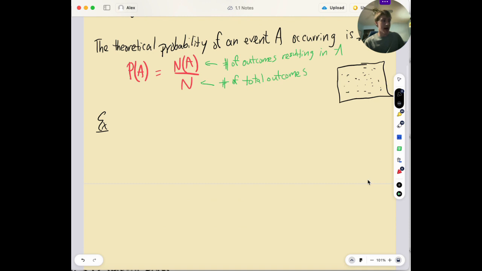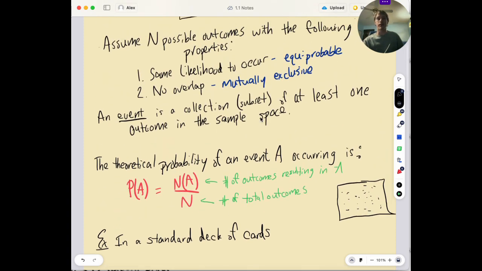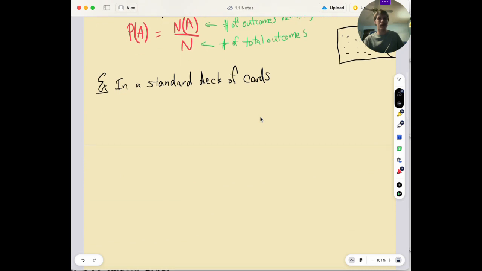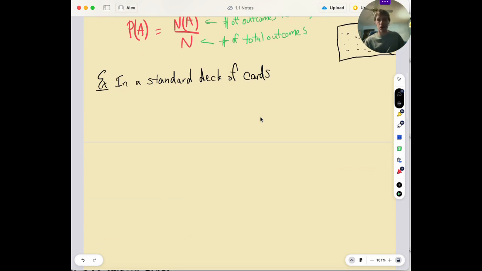But just to give you some quick examples, okay, so let's suppose that we have a standard deck of cards. The first thing to point out here is, does a standard deck of cards satisfy these two conditions? If I just draw a card and I call that my experiment, well, every card, if it's shuffled properly, has the same likelihood to occur, and there's no overlap. I can't draw a 3 of diamonds and also have it be the 5 of hearts at the same time. Okay, so in a standard deck of cards, where capital N is equal to usually 52 without jokers,